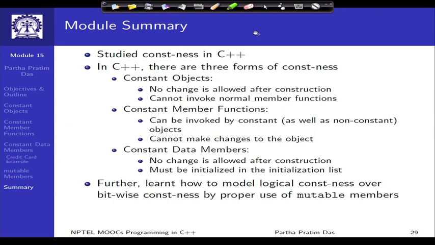So, with this we come to the end of the current module. Here we have studied const-ness in C++. In C++, we have seen three forms of const-ness. The object as a whole can be constant, and if the object is constant, then it can only invoke constant member functions. So, we have seen that constant member functions cannot change the object, but non-constant objects can also